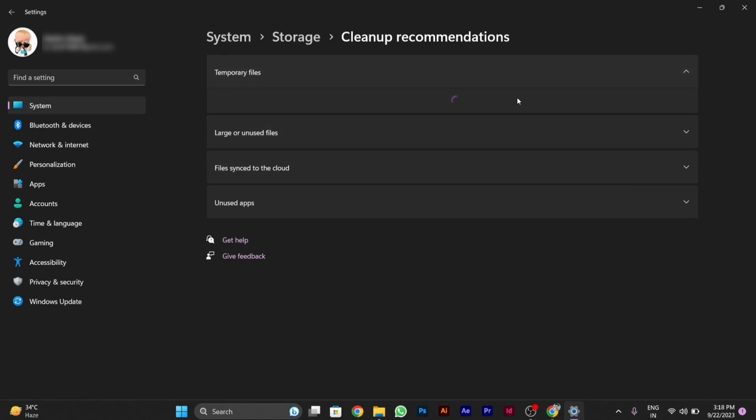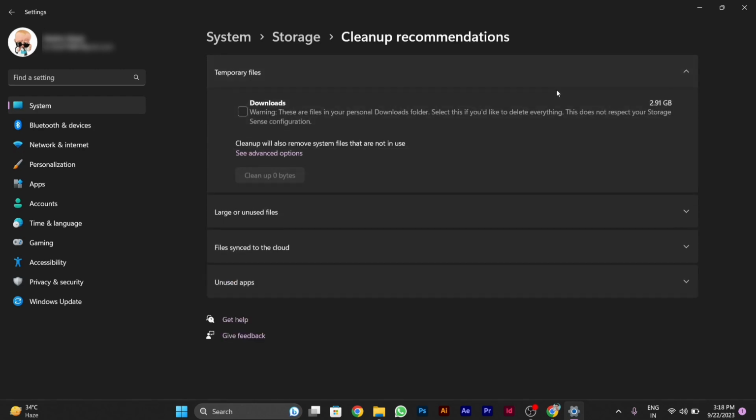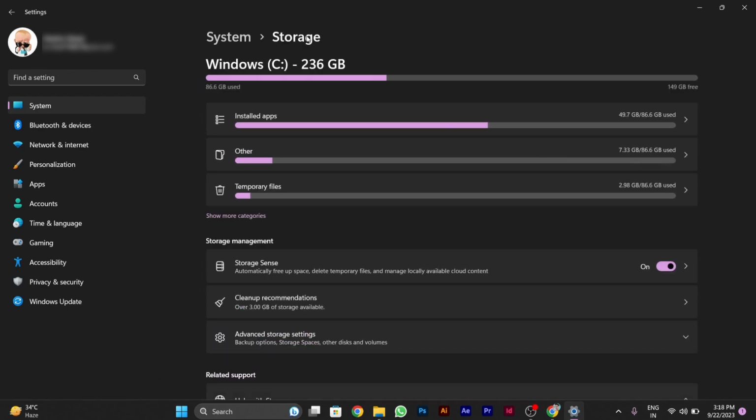Like I will show you here in temporary files. I have this much, 3 GB of downloads data, that it's recommending me to delete,